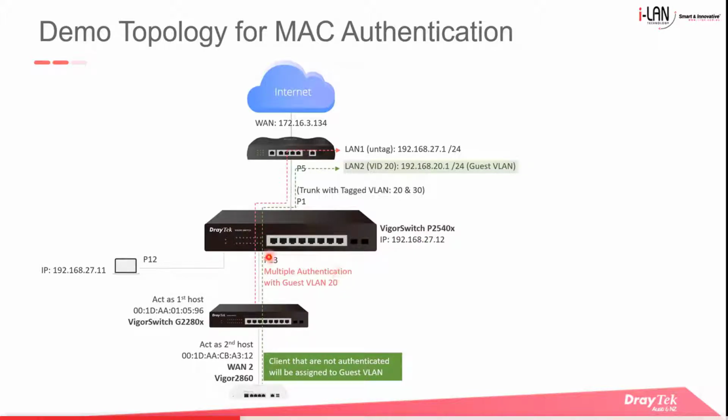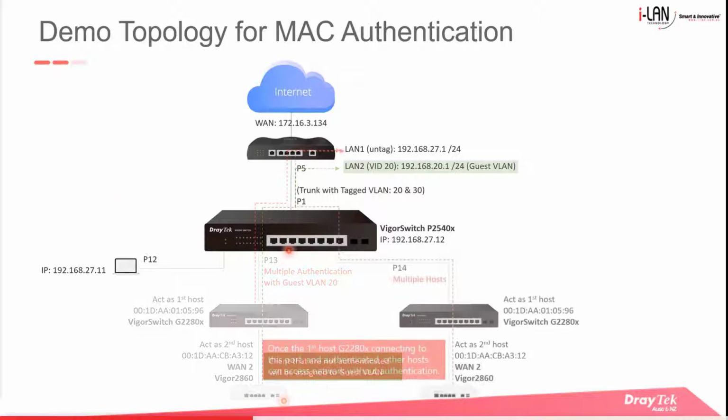Port 13 of this switch will be configured for multiple authentication, meaning that all devices connecting to this port will need to be authenticated. Port 13 will also have guest VLAN 20 enabled as well, so any devices not authenticated will be placed in the guest network and obtain an IP address in the 192.168.20.x subnet. Authenticated devices will be placed in LAN 1 and get an IP address in the